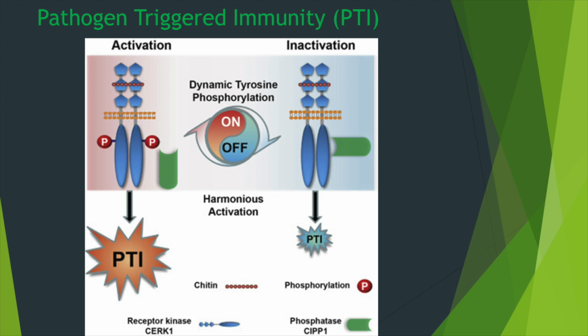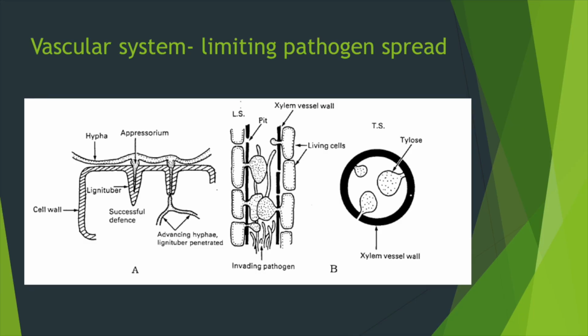So you can either activate or inactivate the pathogen triggered immunity. So how does the plant prevent the vascular spread? You know, plants have different conducting tissues, xylem, phloem, etc. These conducting tissues can transport the pathogen throughout the body of the plant. So there are certain mechanisms that prevent the movement of pathogens through these conducting channels, and you can see that